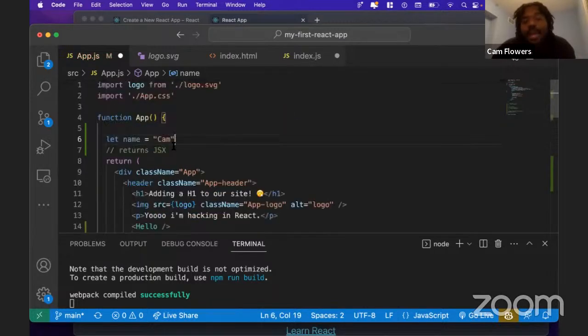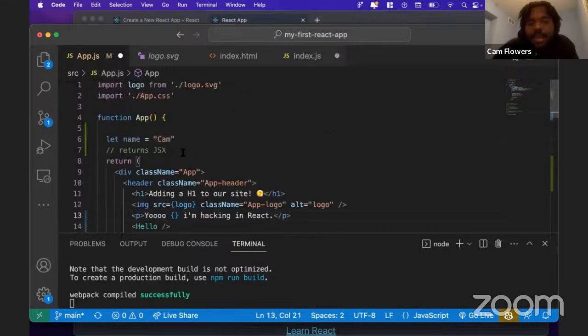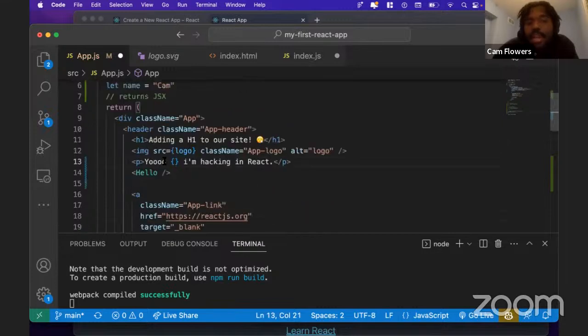I could do that with passing the JavaScript, right? And to pass the JavaScript, again, I just need to use the curly braces. So paragraphs, as you remember, are elements that pass text. So if I have a variable that's a string, I can pass that into this paragraph here by using these curly braces to refer to the